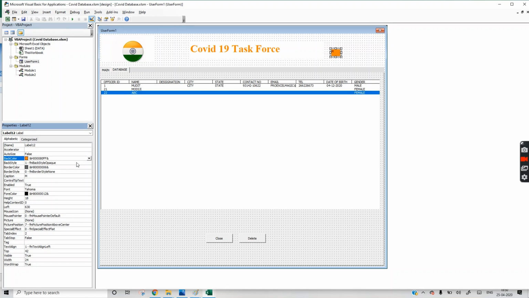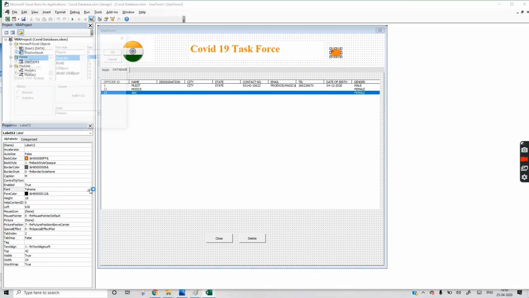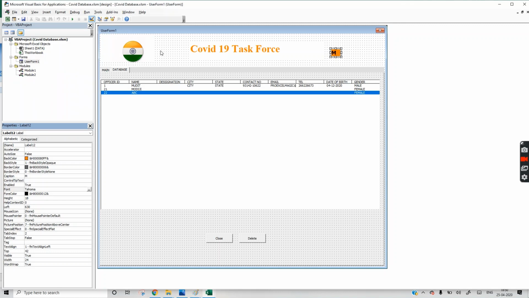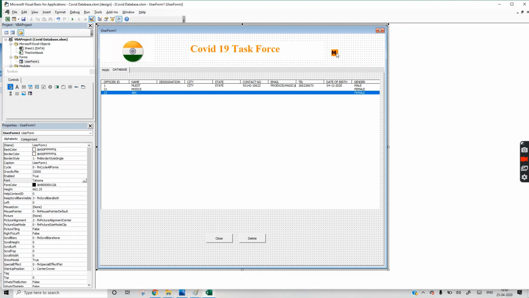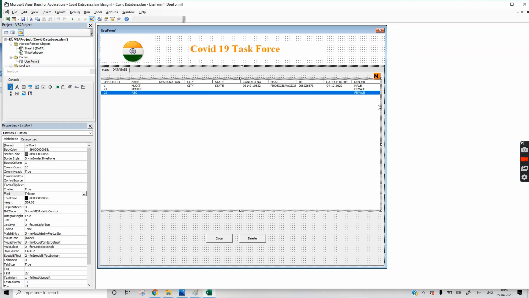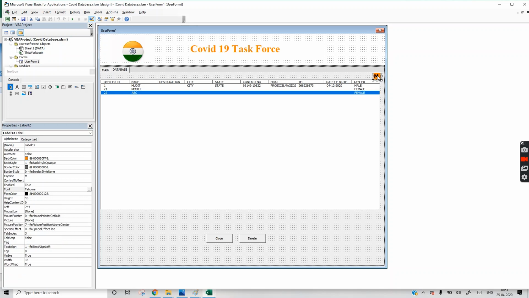Okay. M for manual. You have to do coding also. Click on this.